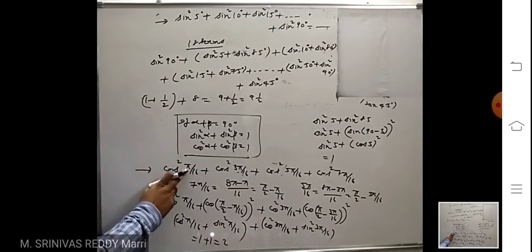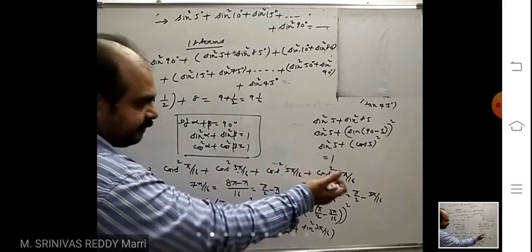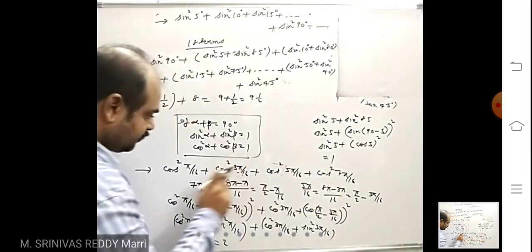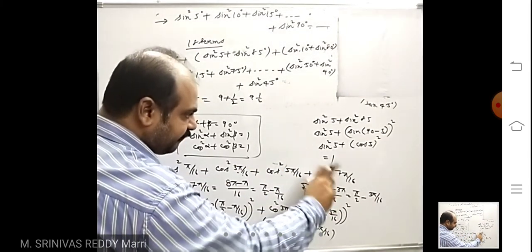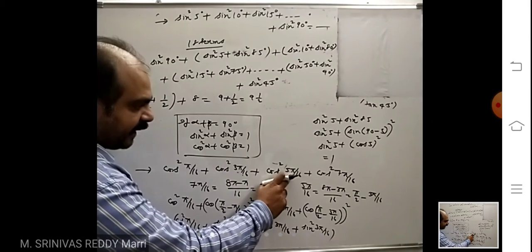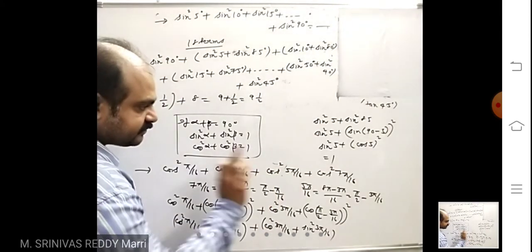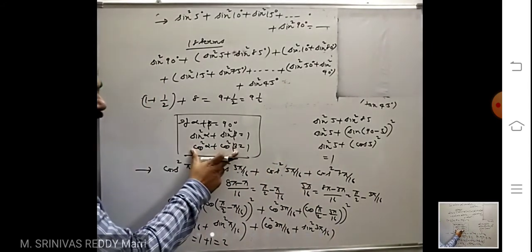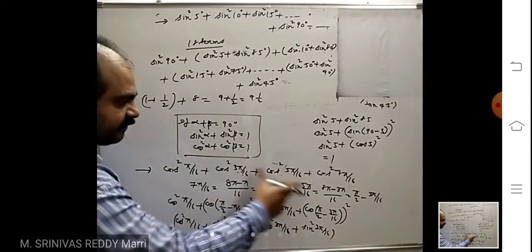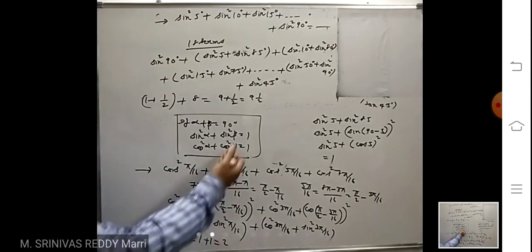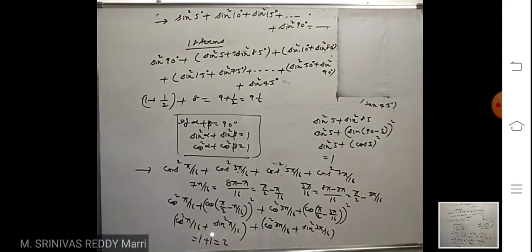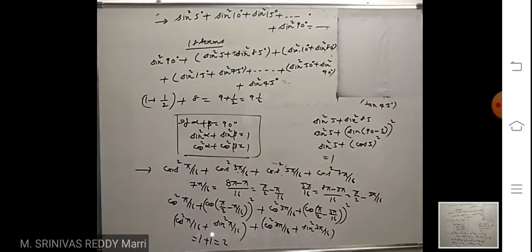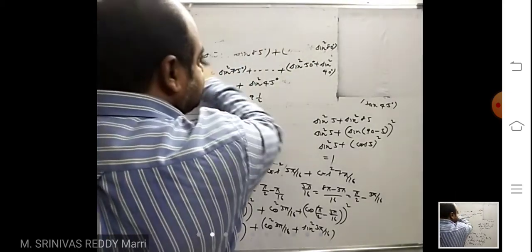No need to know the angle values, just complementary angles. If you look at this plus this is what, pi by 2. So cos square alpha plus cos square beta is what, 1. Like that also you can write. This and this is 1 according to the above formula, and this and this is what, 1. 1 plus 1, 2, directly you can write. But how many formulas will you remember? Now you just have to search for the complementary angle. Look at the next problem.